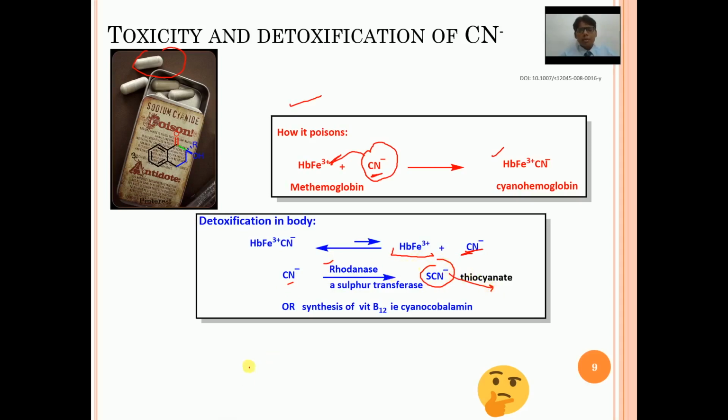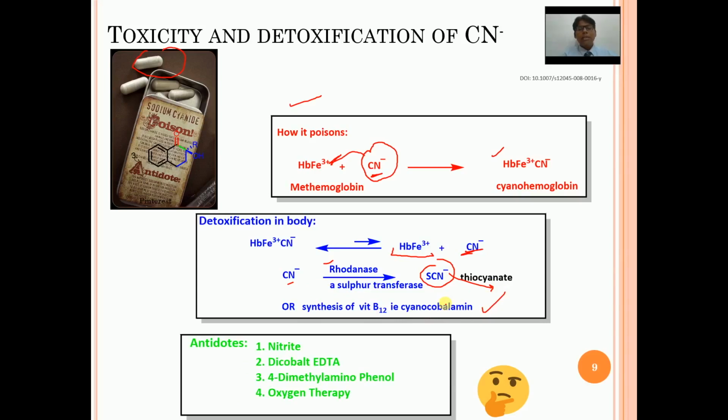Secondly, it is used in the synthesis of vitamin B12, that is cyanocobalamin. So cyanide is used in little proportions. So to counter that, antidotes are used, like,